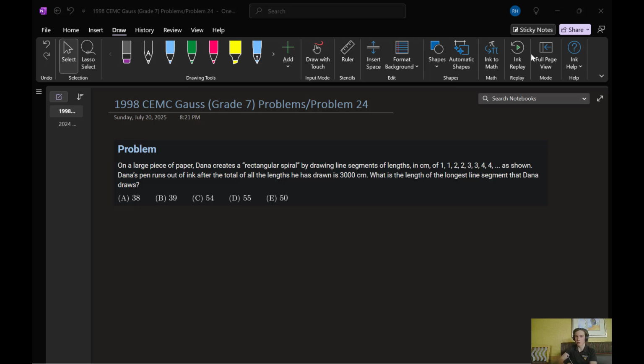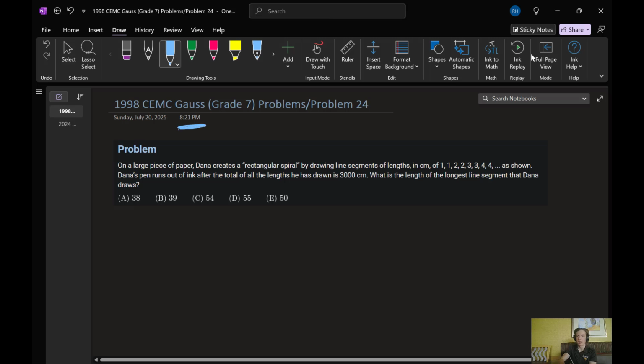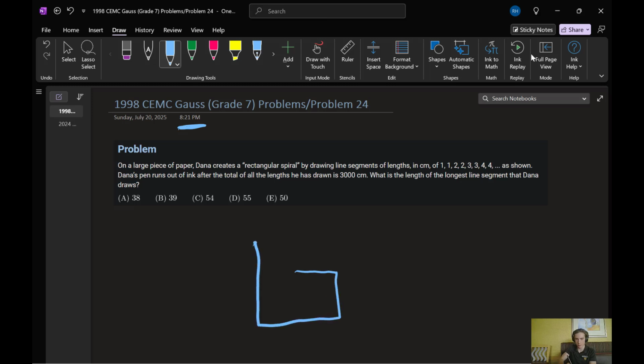Okay, so you get kind of clued in that we're dealing with arithmetic series just by the name of the person, Gauss. I think Carl Gauss was the person who came up with the formula for an arithmetic series. Basically, let's draw out a little of what it looks like. So we'll draw this first. So this side would be 1, that would be 1, this would be 2 across here, 2 across here, then we have 3 here, 3 here,